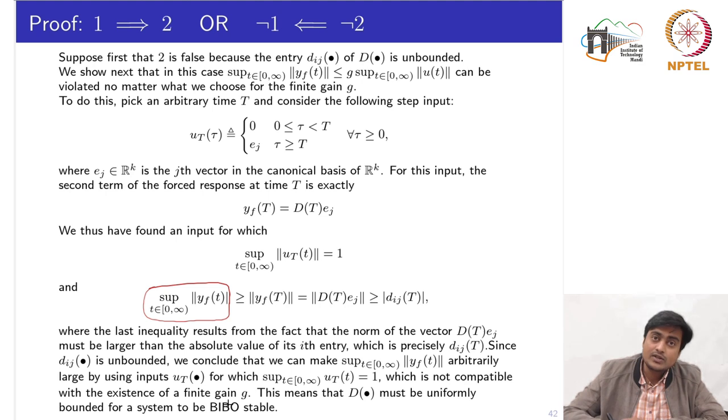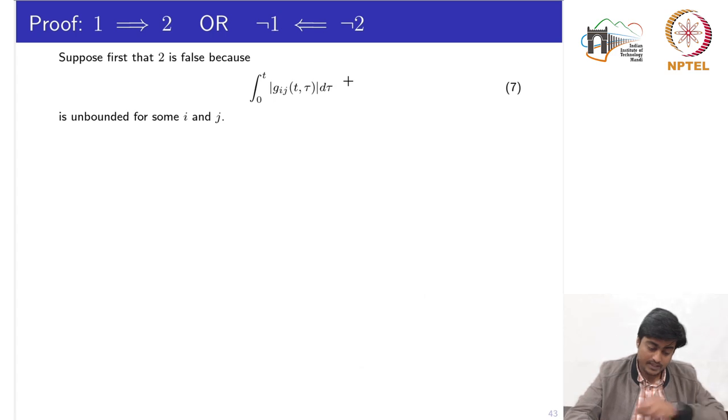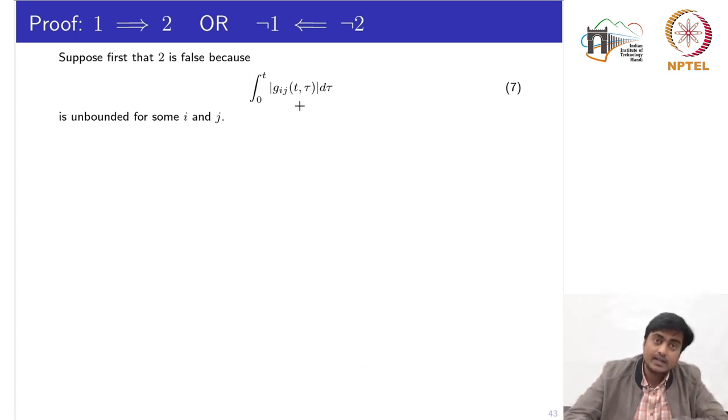Meaning to say that there does not exist a finite gain G. This means that the D matrix must be uniformly bounded for a system to be BIBO stable. Because if any entry of the time-varying matrix D is unbounded, then there does not exist any finite gain G. Now the second part of the proof says, suppose the second condition in the second statement is false,